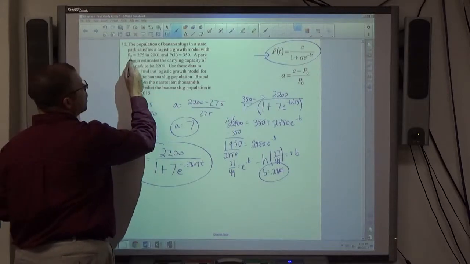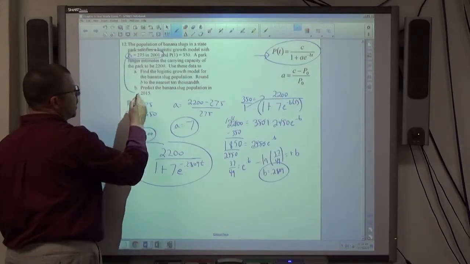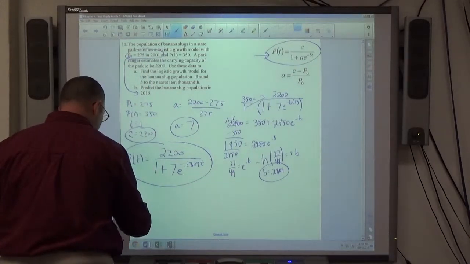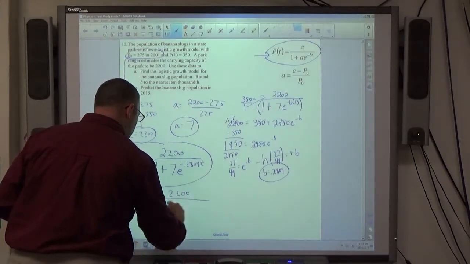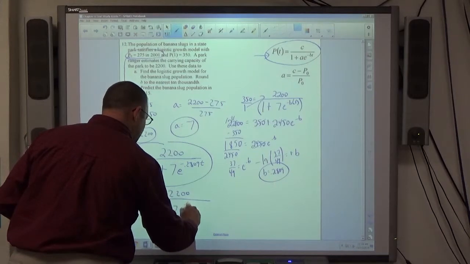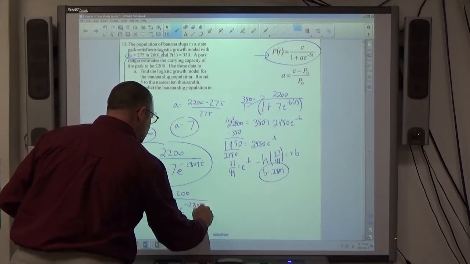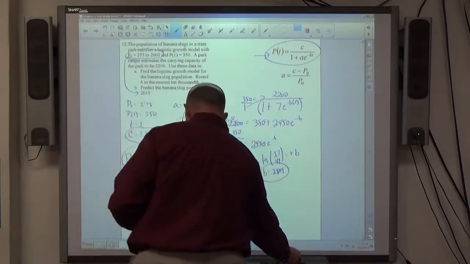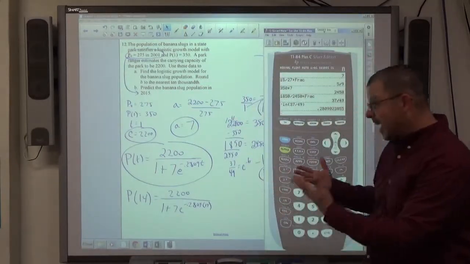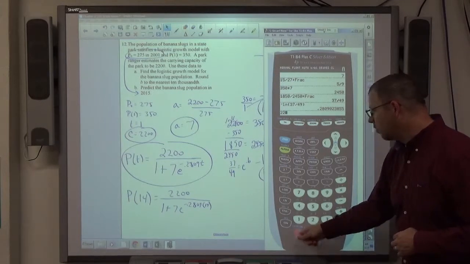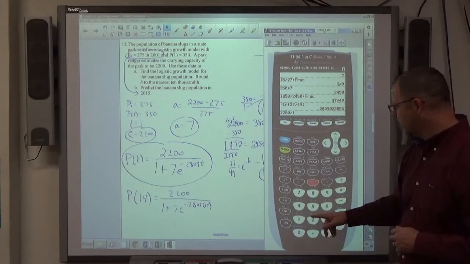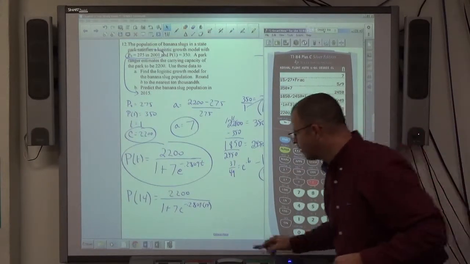Now, the initial year is 2001, so 2015 is 14 years later, so P of 14 comes out to 2200 over 1 plus 7e to the negative 0.2809 times 14. So then again, it's just using our calculator, but being careful about typing it in correctly. So if I type in 2200 divided by parentheses for the denominator, so this whole thing is in parentheses here,